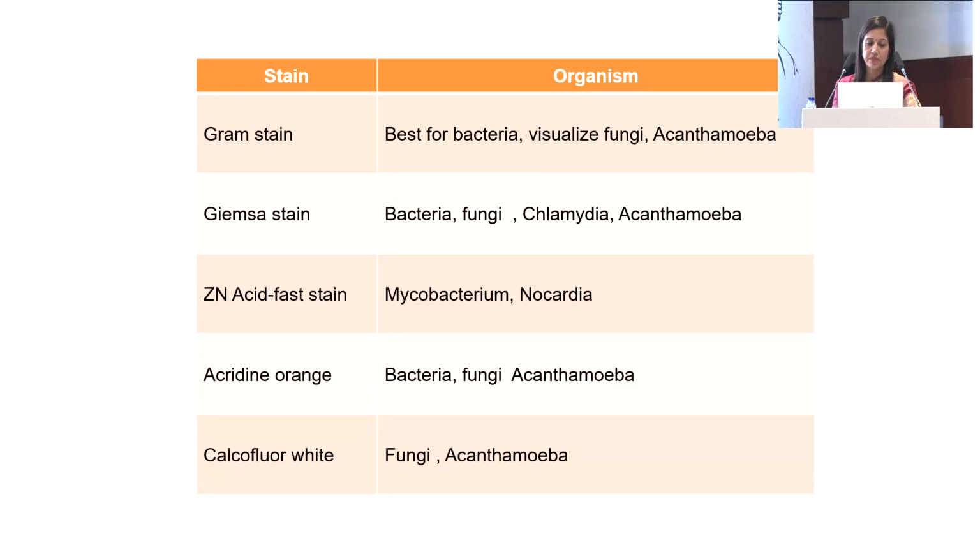Giemsa staining has the advantage of showing bacteria, fungi and chlamydia, and ZN staining is usually for mycobacterium and nocardia. You can make out mycobacterium with negative staining in Gram staining. You will suspect it because there will be unstained areas, then you can do ZN staining. Acridine orange is done for bacteria, fungi and acanthamoeba, and calcofluor white is very useful for fungi and acanthamoeba but